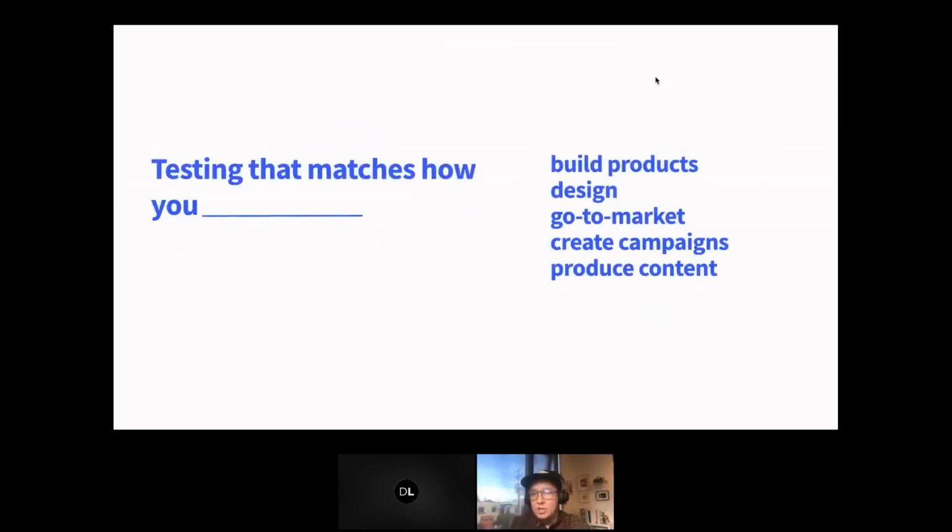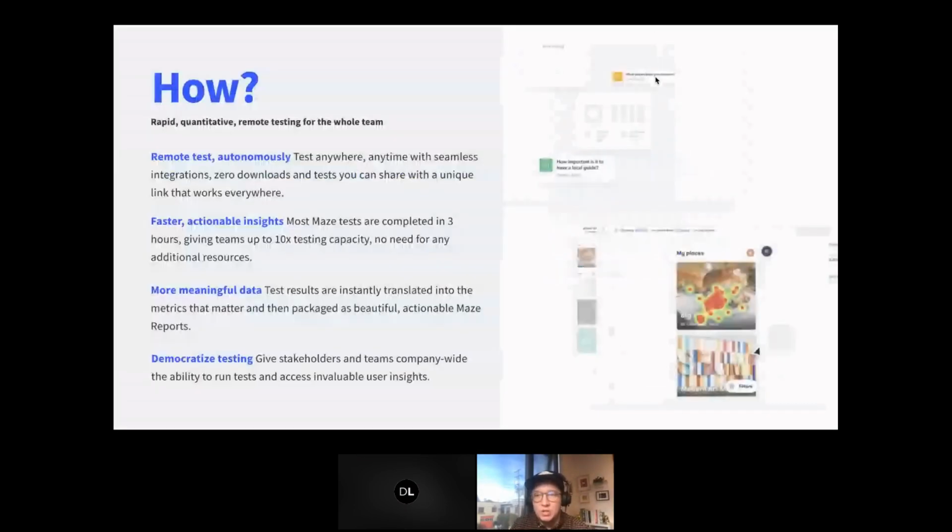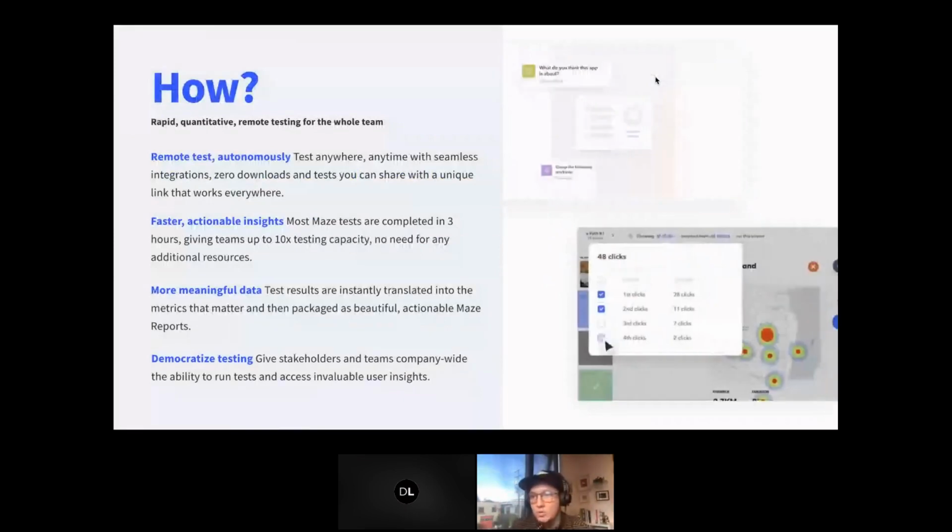And so, as I mentioned, this could be anything from building and designing products to your go-to-market strategies, creating campaigns, producing content. The real emphasis here is that this should be collaborative, that rapid testing shouldn't just be about UX design. It should incorporate the experience that any customer or user would encounter. So building products through marketing, through sales, and how we talk about our product or our market fit, all of this is encompassed by rapid testing. And so it's really a collaborative process across many types of roles within your organization.